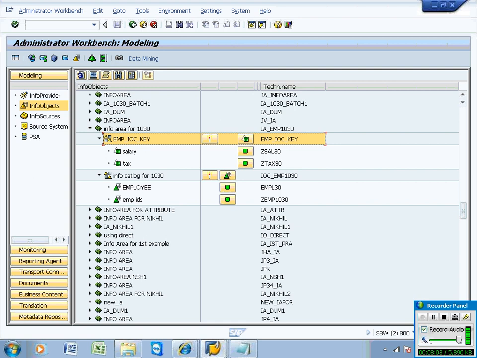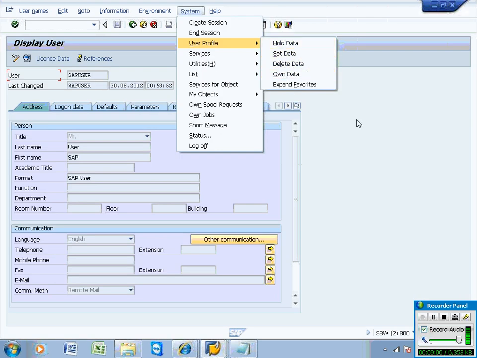If you want to have your own data settings, all these are user data settings.